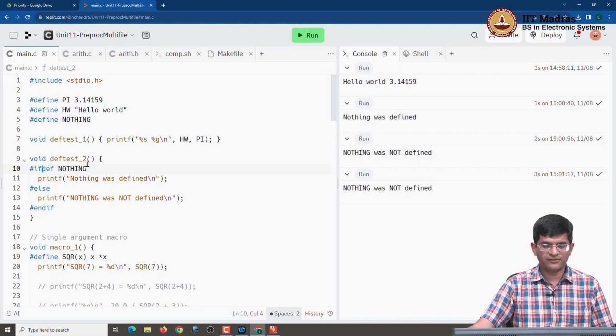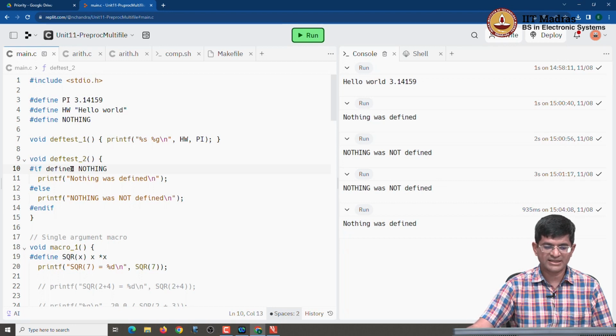So, this #ifdef is one way of doing it. You could also have written it as #if defined(nothing), and that would essentially give us exactly the same behavior. So #if defined nothing and #ifdef nothing have exactly the same behavior. The interesting thing about #if defined is that you can also invert it by putting a not out there. So, #if !defined(nothing), and it basically inverts what ends up happening, as we can see by